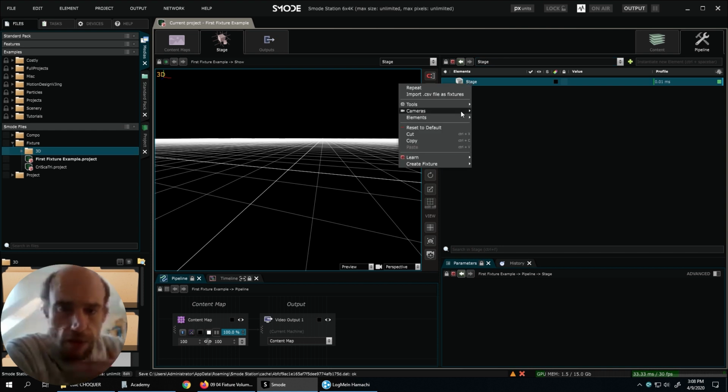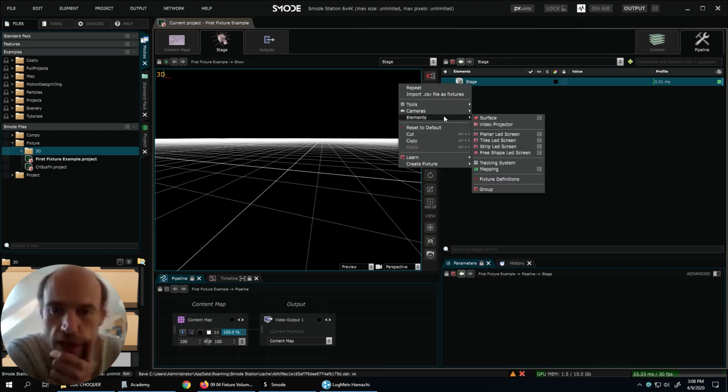As a reminder of the previous sessions, in the stage you can create different types of elements, basically everything involved in the video and lightning stage. Video projection is handled with video projectors that project image onto projection surfaces. Big LED screens are handled with these primitives.